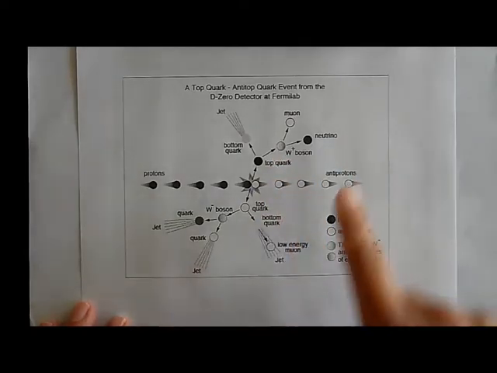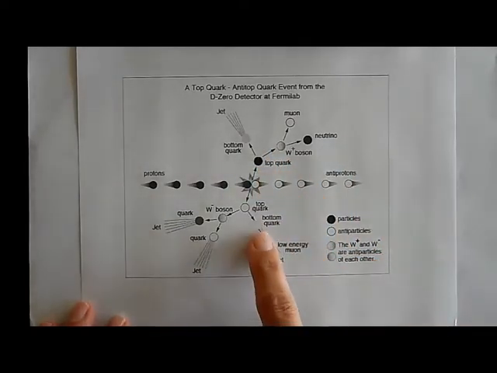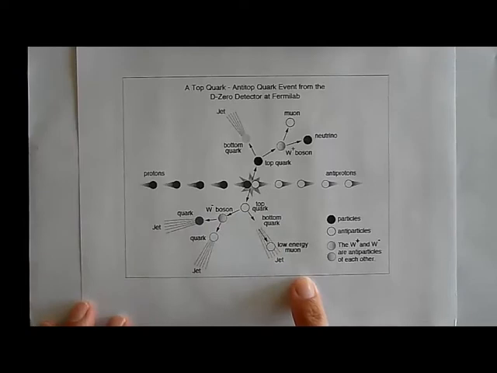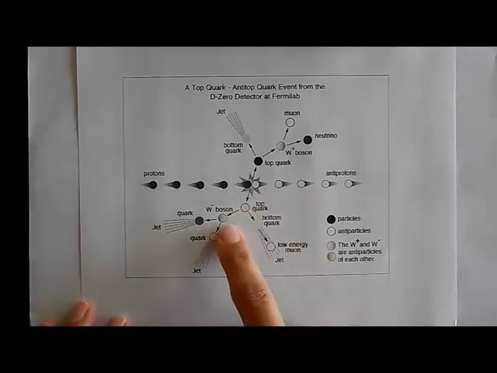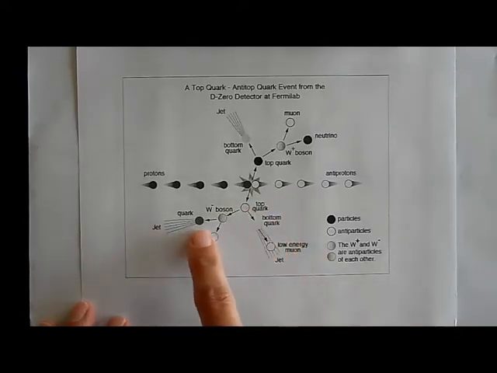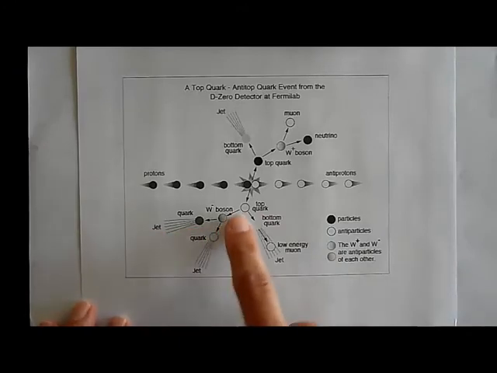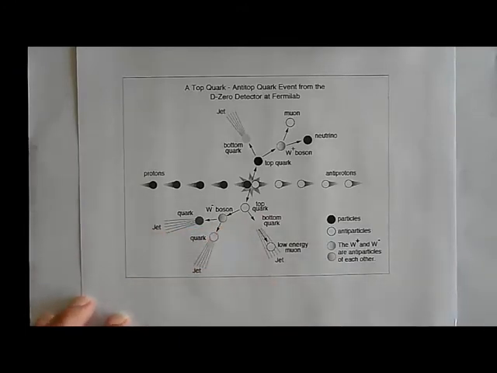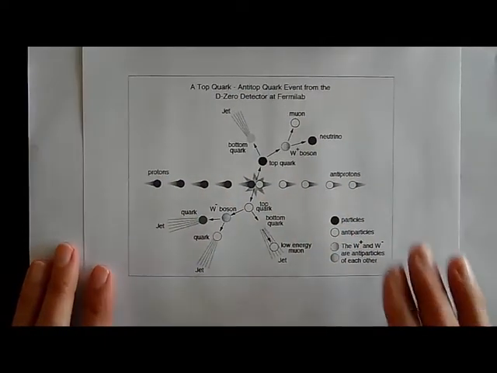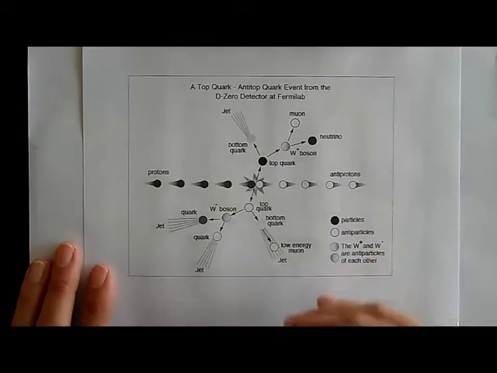The anti-top quark is essentially the same thing. It decays into an anti-bottom quark and a low energy muon, which also releases a jet of energy, and a W boson, which decays into a quark, which releases a jet of energy, and an anti-quark, which releases a jet of energy. And so this gives us a really, really good idea of the different products that come out of this particular